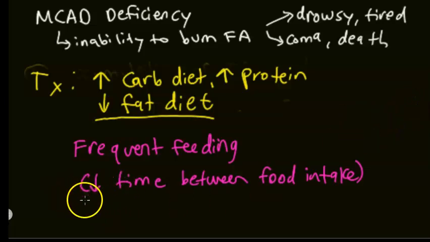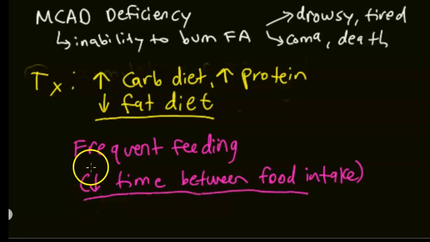So you want to reduce the time between food intake and give them frequent feeding of a high carb diet, because they cannot make glucose, right, due to reduced gluconeogenesis, as there's nothing to fuel this process, because gluconeogenesis is an anabolic process. As we'll see later, it requires 6 ATP, and because we're not burning our fatty acids, which remember give us 129 ATP per 16 carbon palmitic acid, we're not able to fuel